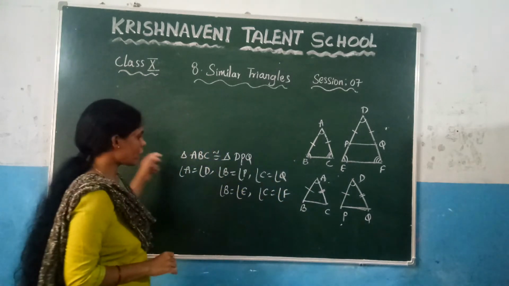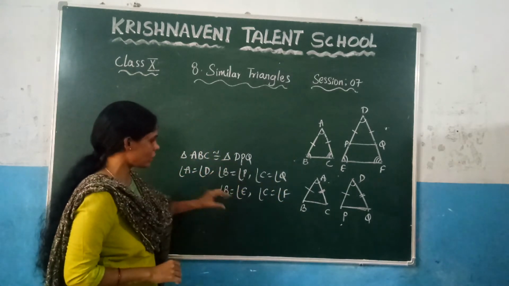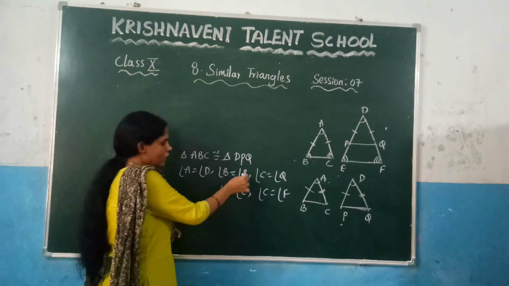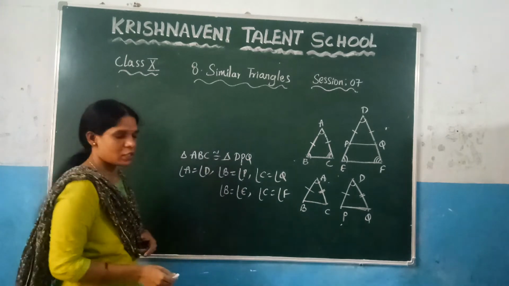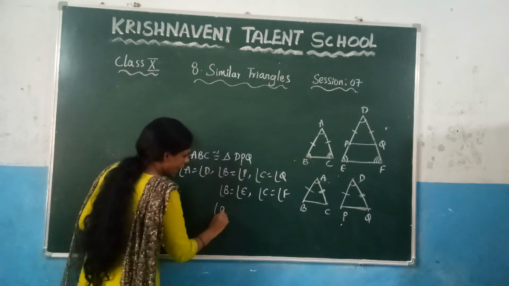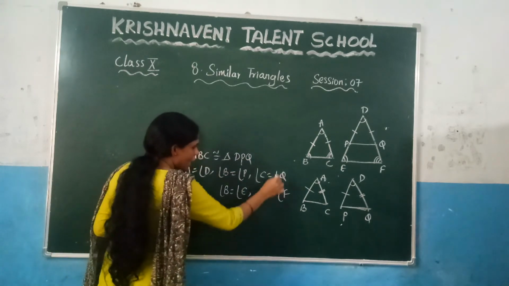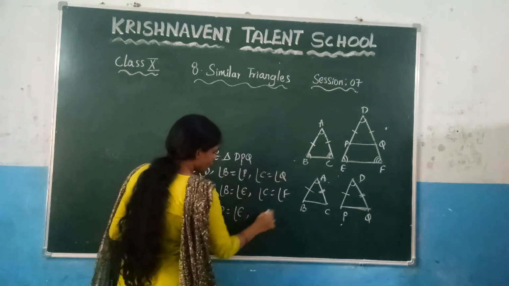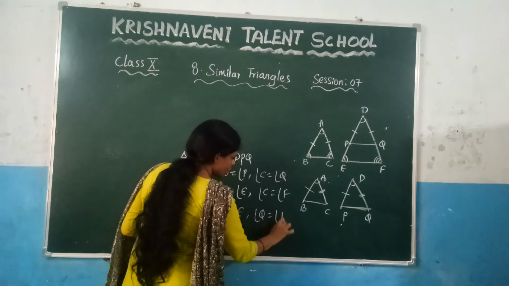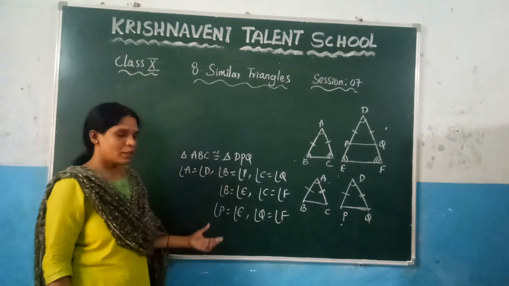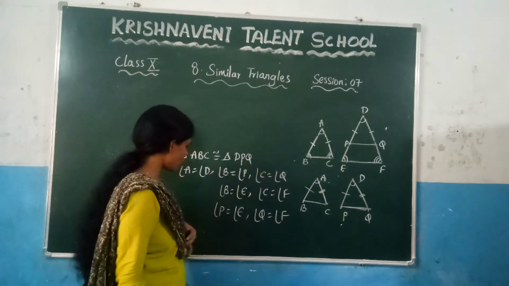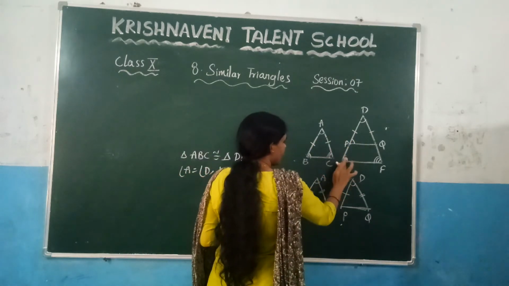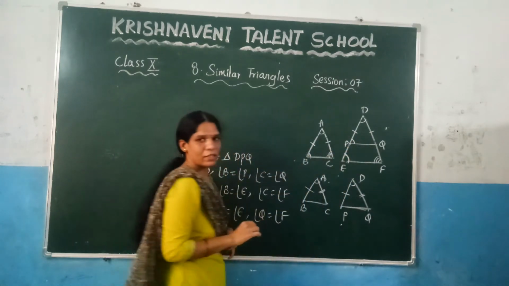Now here you can observe that if you take these two equations, the LHS parts are equal. So we can equate the RHS parts. So from this what you get? Angle P is equal to angle E, and similarly if you consider these two equations, you will get angle Q is equal to angle F. So let us represent this in this diagram. What we got here? Angle P is equal to angle E. That means this angle and this angle are equal, right?